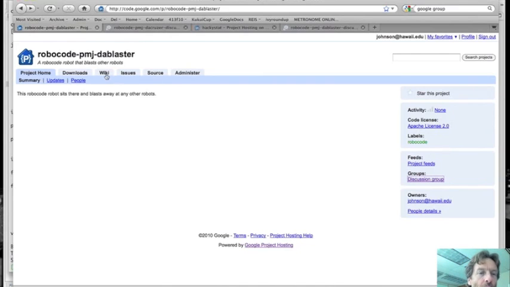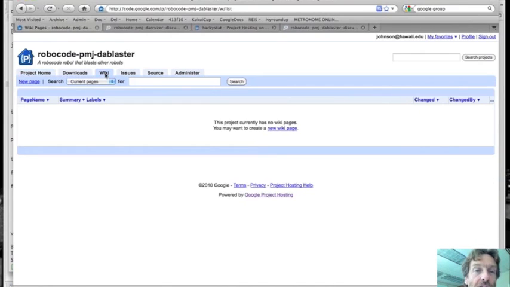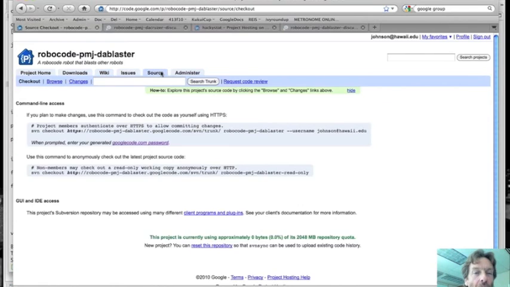So we will want to create wiki pages for the user guide and the discussion guide, but I'm not going to talk about that today. We won't have any issues yet, but the main thing that we want to be able to do now is add some files or set up a local workspace for this project, add some initial files, and